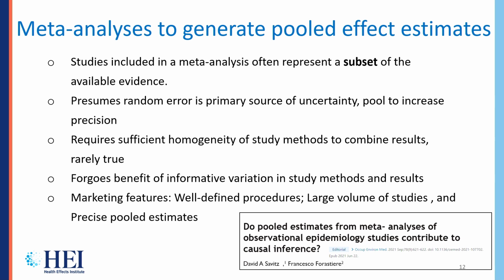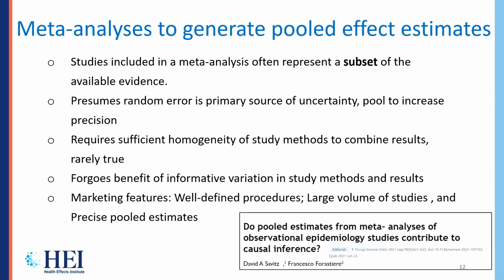And Evie mentioned meta-analyses and the way it was used in the traffic review. It's become the standard way to generate pooled estimates when you have a series of studies. Now, of course, that requires that the studies present the data in a form that lends itself to meta-analysis. And as was mentioned in the traffic review, there were some that were kind of off of that menu. But its particular strength is really more in the case where random error is the major concern, it is a way to pool results, assuming the studies are similar enough to minimize random error.